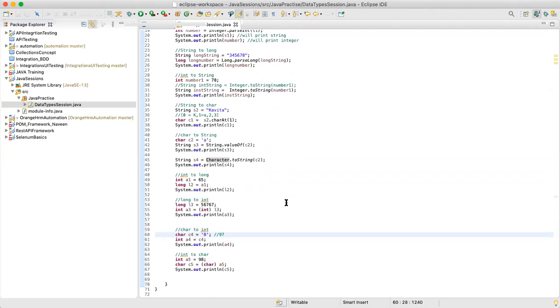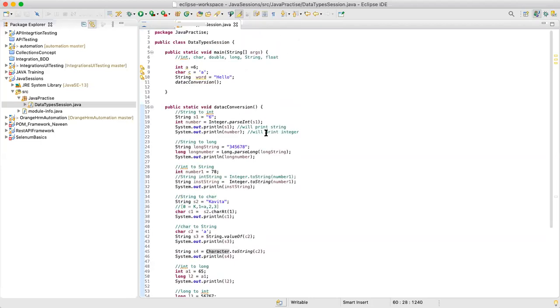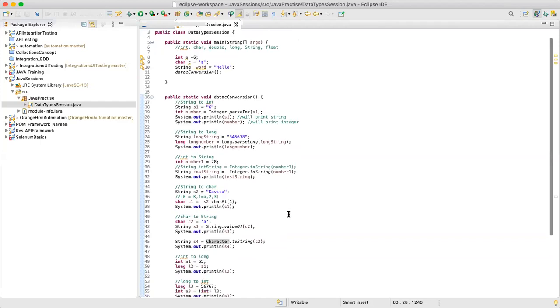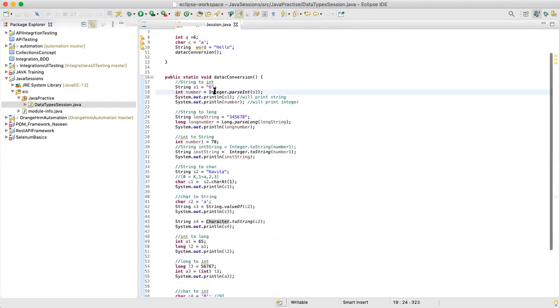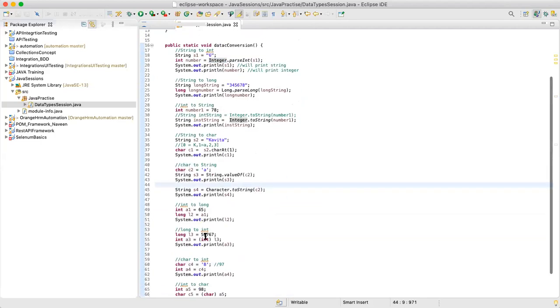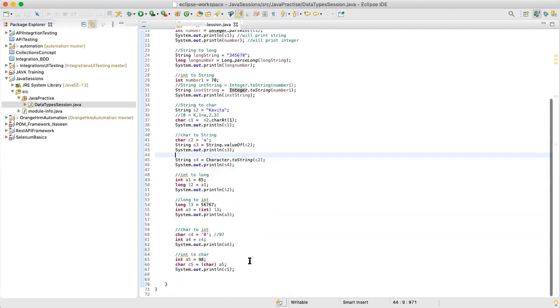When do we use Integer.parseInt, or what is the difference between typecasting and those methods? When you're dealing with primitive types, typecasting is supported, like character to string, long to int, integer to character.